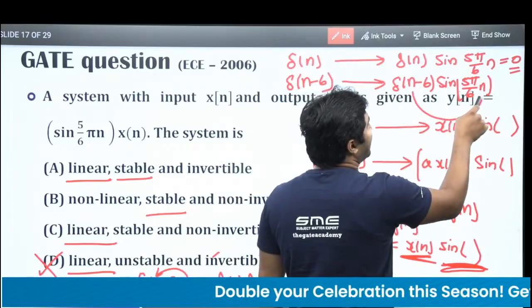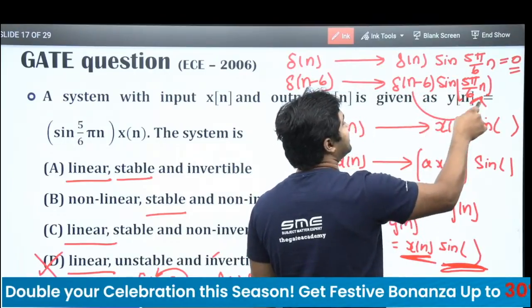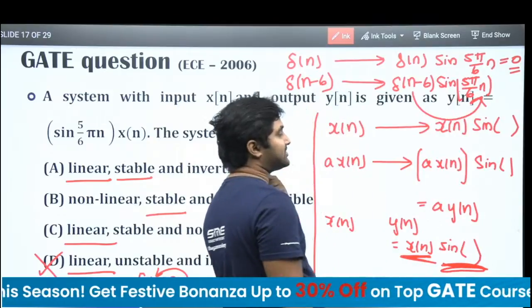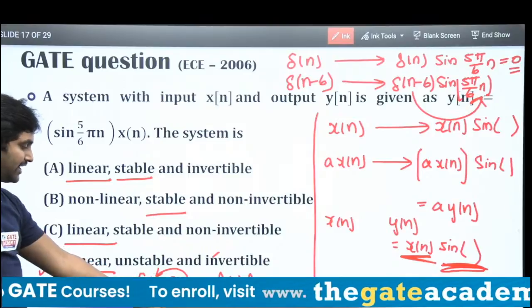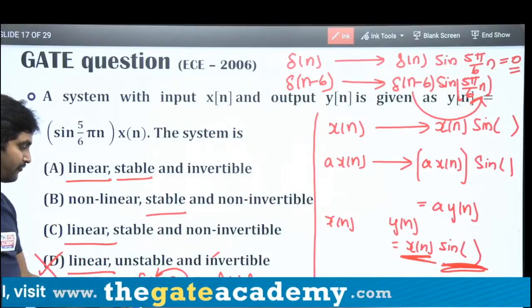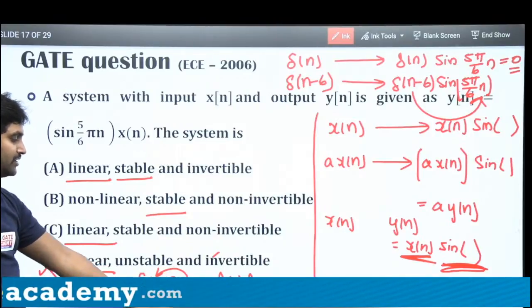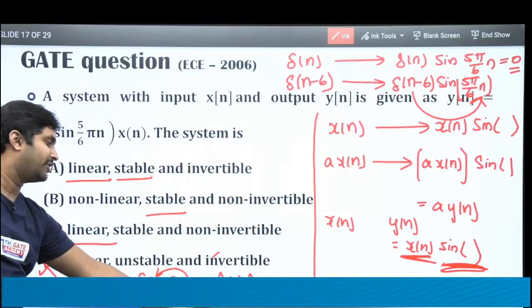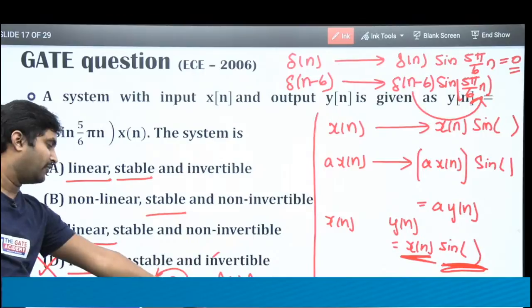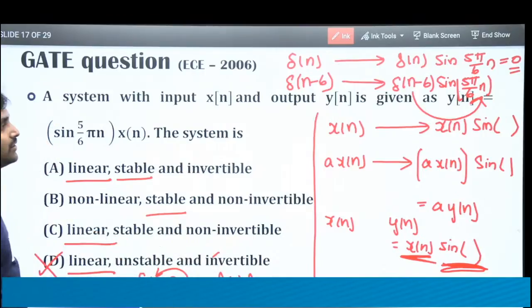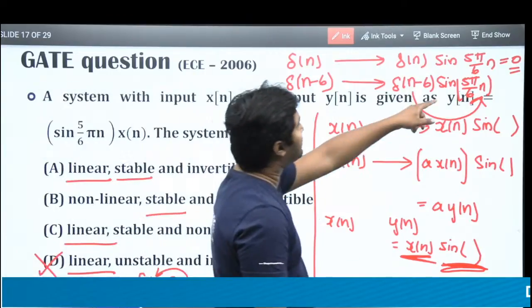We discussed in the class, I can directly substitute n equal to 6 here, right? In the classroom, we have discussed what? If I am having f of n multiplied by delta of n minus n1, then this is equal to f of n1 multiplied by delta of n minus n1. So if I directly put 6 here,